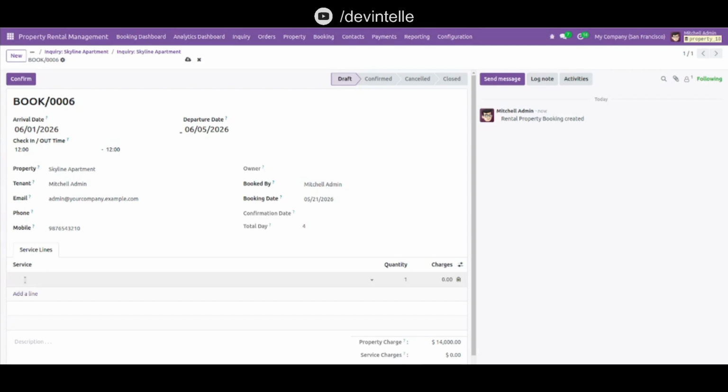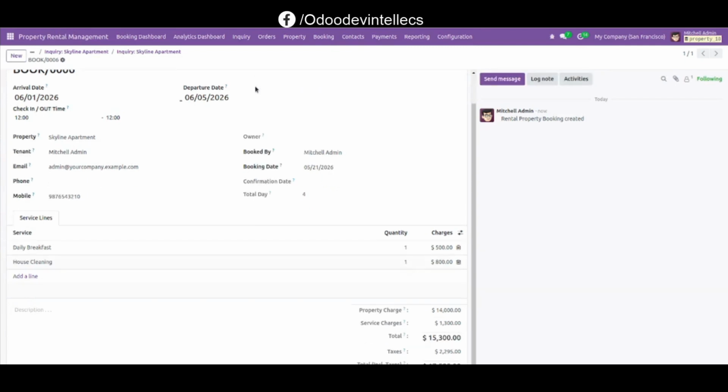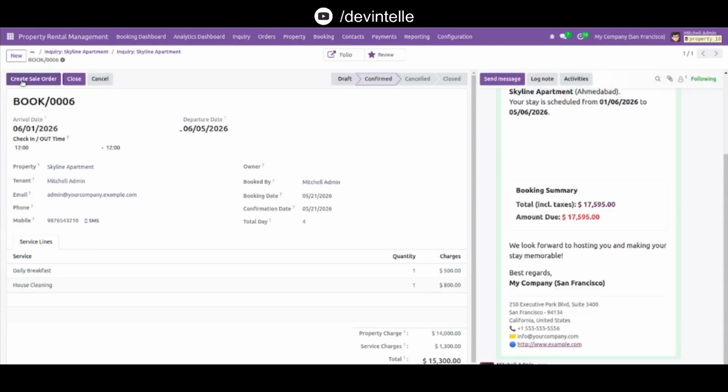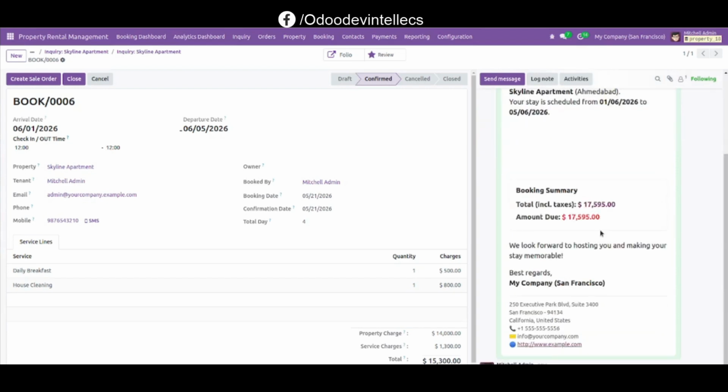Now I want to add more services, so select, like, daily breakfast and also house cleaning. So let's save, and it displays the total property charges and the final total amount. Then confirm this, and when you confirm the booking, a mail is sent to the customer saying, hello admin, your property is confirmed with this date, and it also displays the booking summary with total amount and due amount,